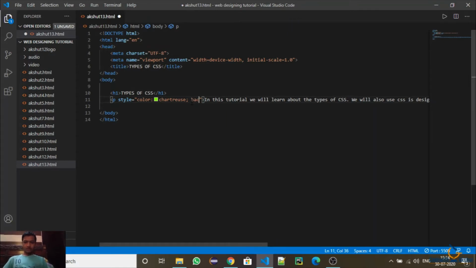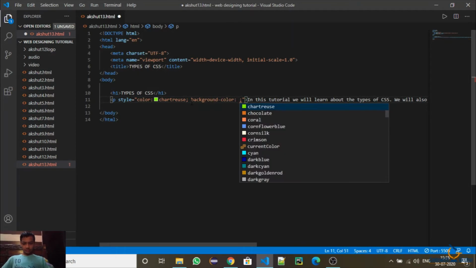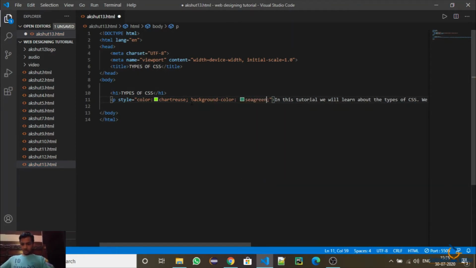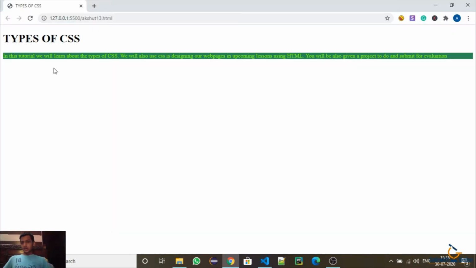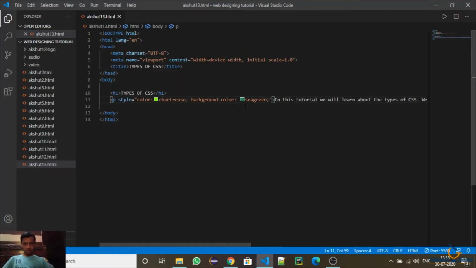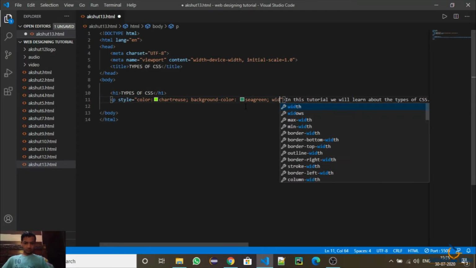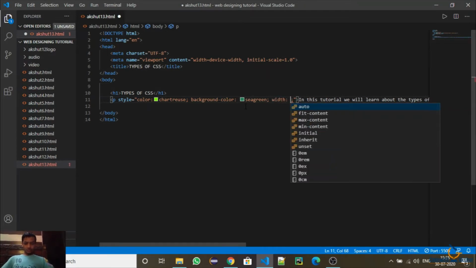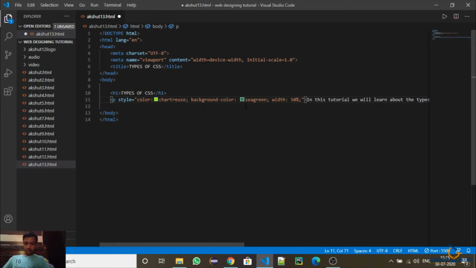Now I will change the background color to sea green. I will save it. Now as you can see, it is coming like this. Now I will also add a width to this. Width I will do as 50%.